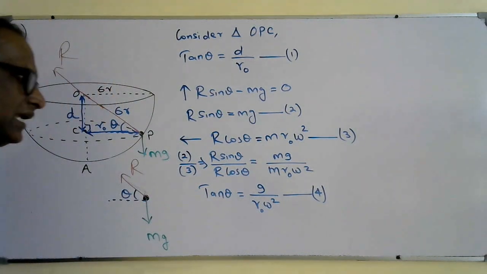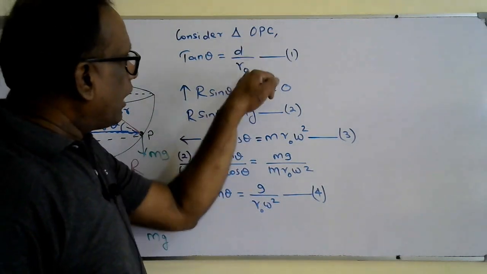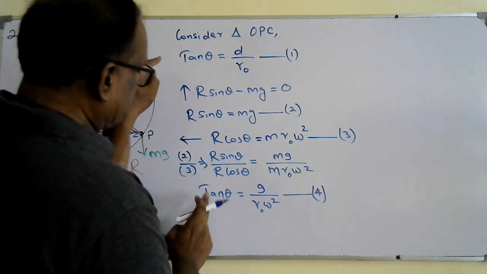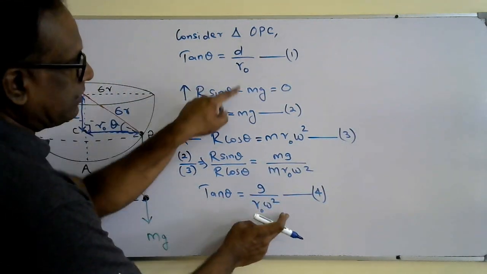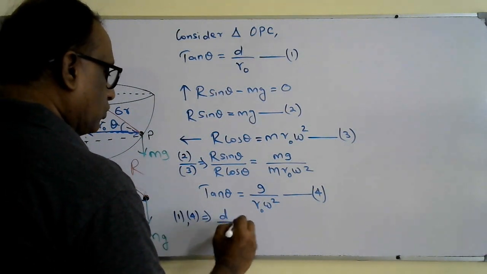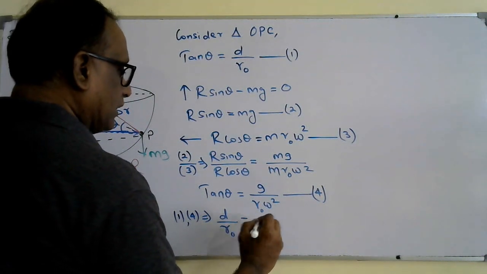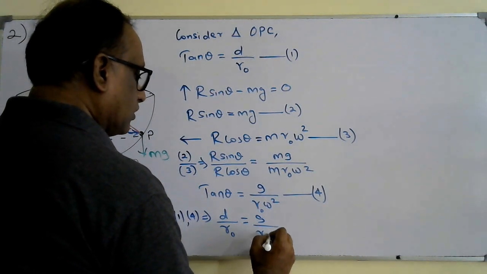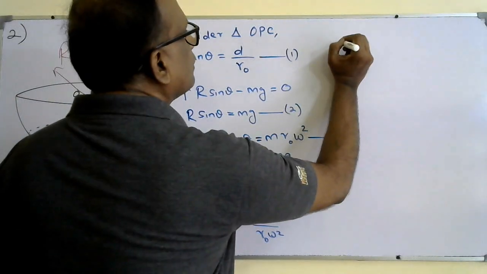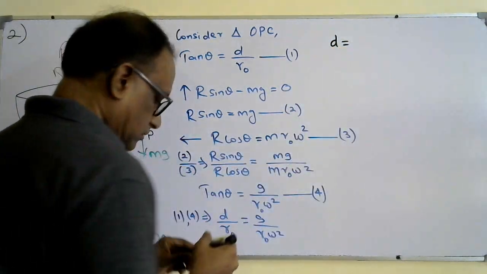I'll put it like that, many equations are easy to refer. Now tan theta, I know d over r naught. d over r naught is tan theta. So the fourth equation and first equation, the left hand side is the same, means right hand side must be the same. Therefore, from the first equation and fourth equation, I can say d over r naught, d is the question, we need to show an expression for that, d over r naught is equal to g over r naught omega squared. r naught will get cancelled. So d is equal to